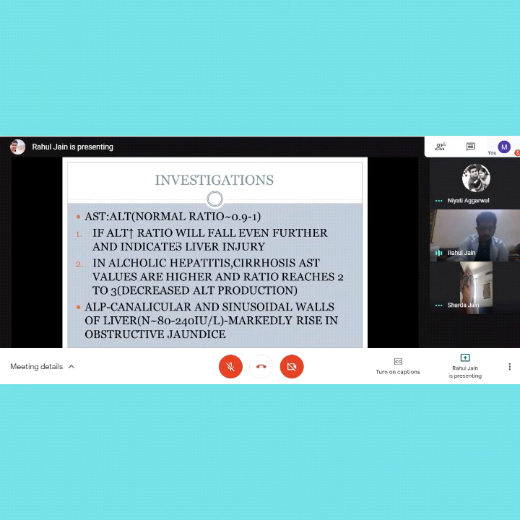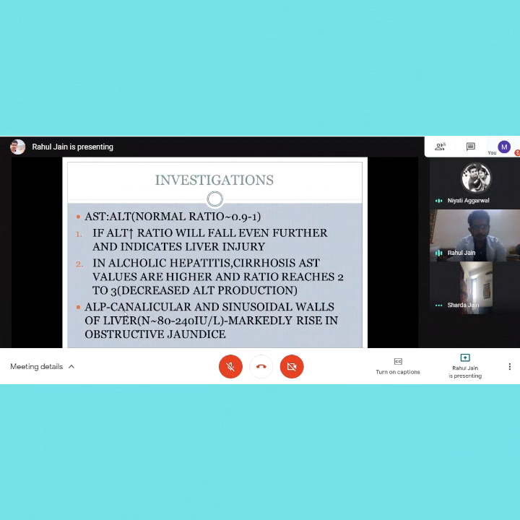Yes, ma'am. So I think till AST and ALT we were clear about hepatic jaundice, that is, in hepatic jaundice both will rise because the liver injury is there. But when I'm talking about post-hepatic jaundice, that is, the jaundice affecting the ducts, due to gallstones or maybe because the bilirubin is not able to get excreted into the intestine, there are two enzymes which I will see. One is ALP, another is GGT.